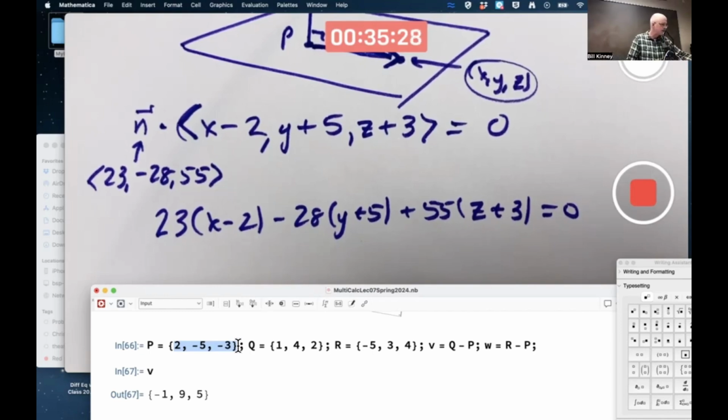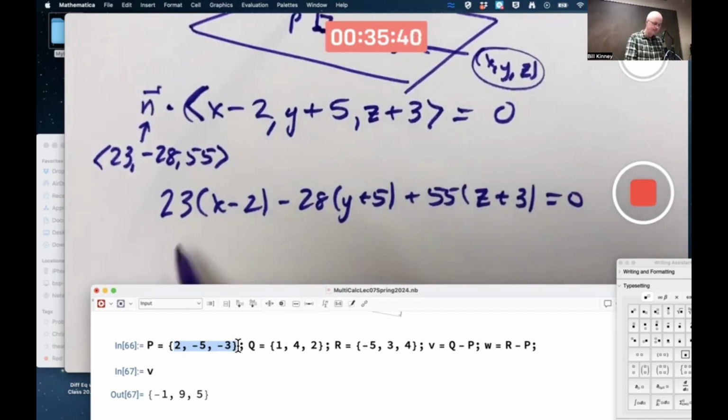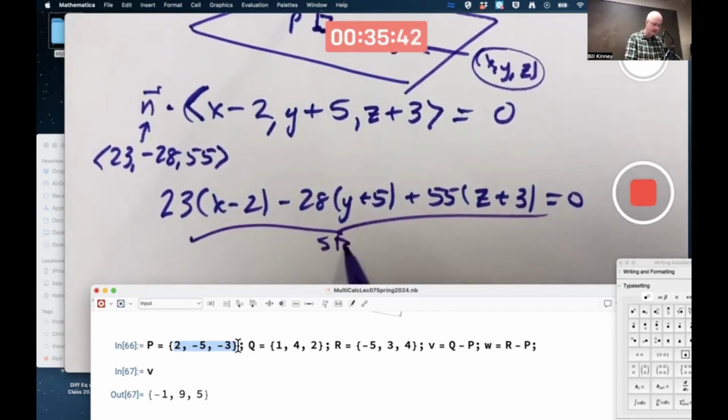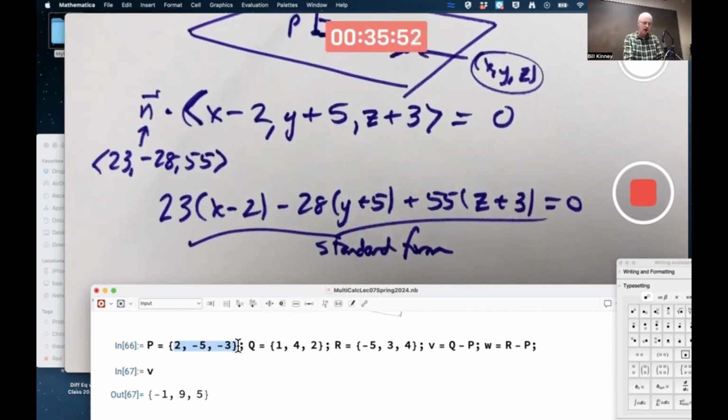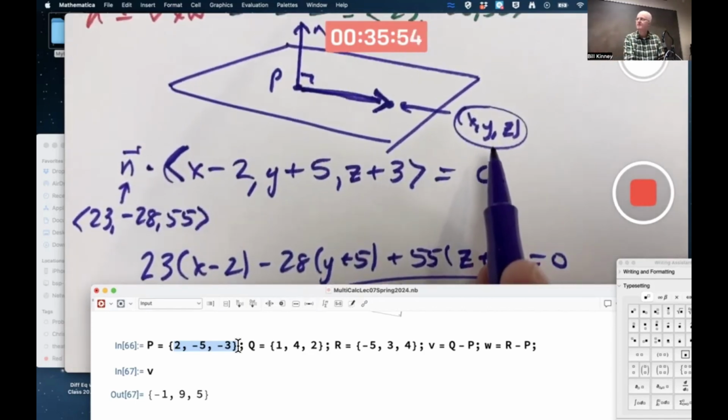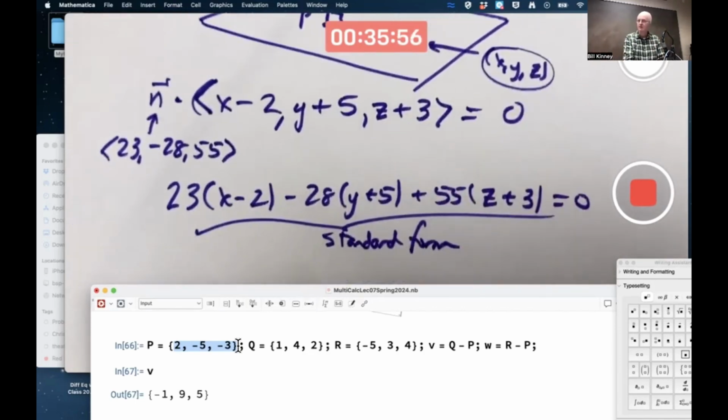That form of the equation is called standard form. It's using the normal vector and an arbitrary vector parallel to the plane and saying, hey, their dot product has to be 0. And since it's an arbitrary vector parallel to the plane, it gives you a general equation that